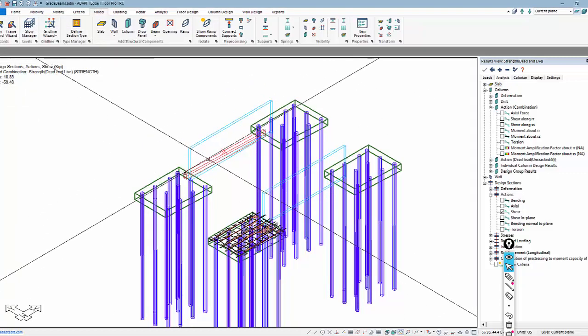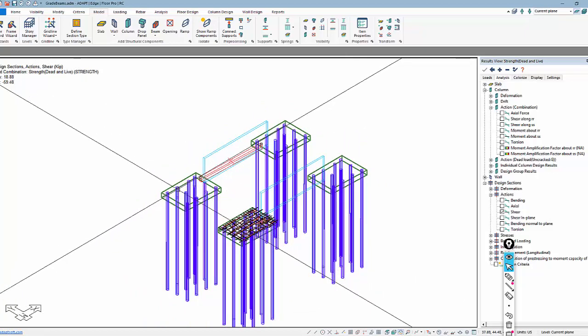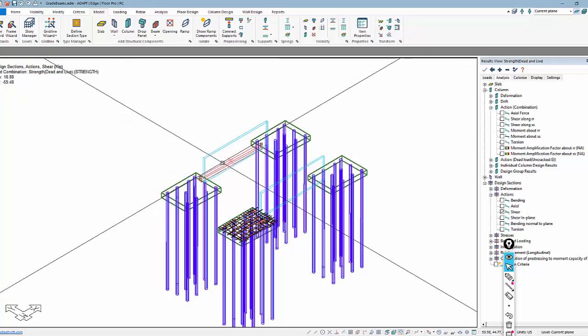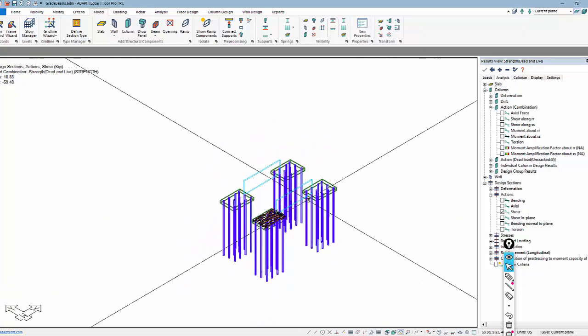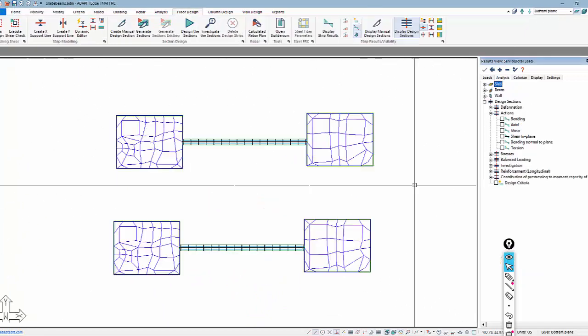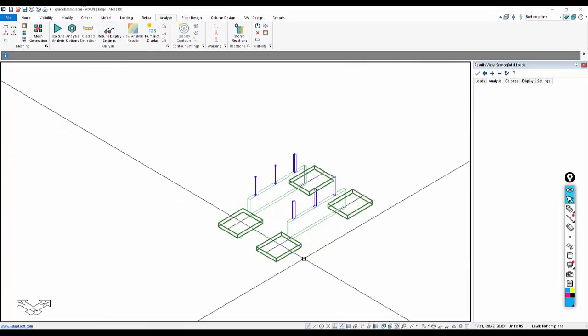So if we want the ability to design not only the piles, the pile caps, and the grade beams, we have to take a different approach. And so what we'll do is model something similar, but in this case, we're going to use ADAPT-MAT. So we've reopened the program with ADAPT-Edge and MAT in place, and we'll notice here that the